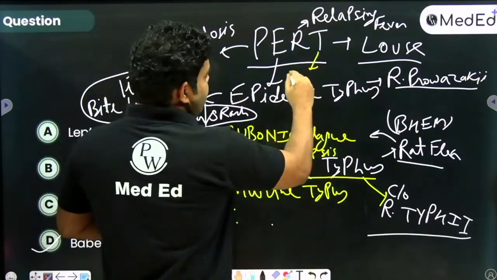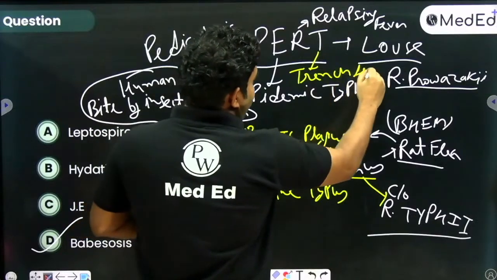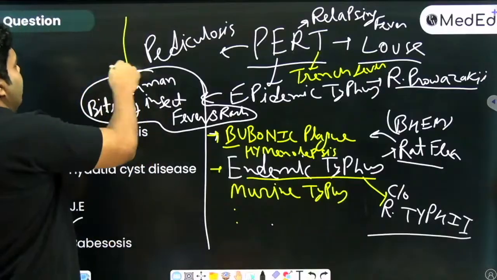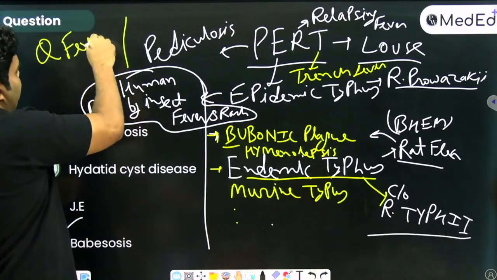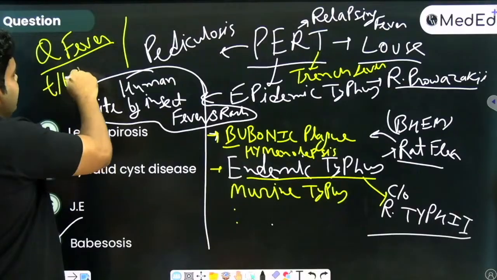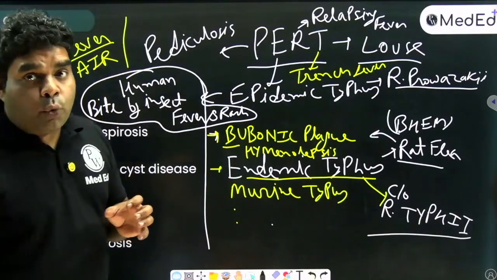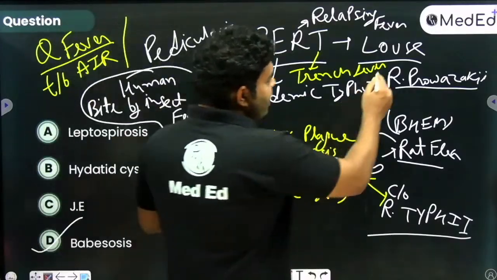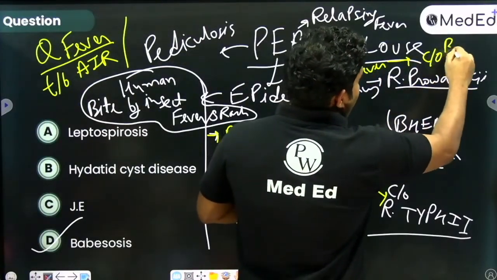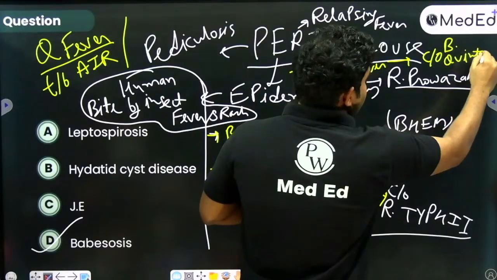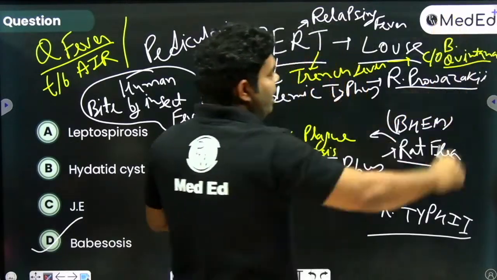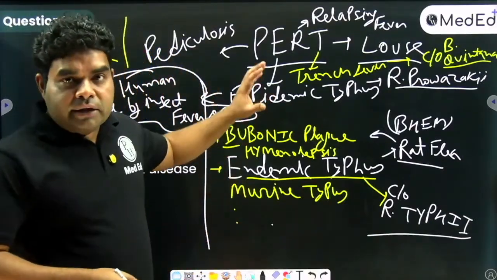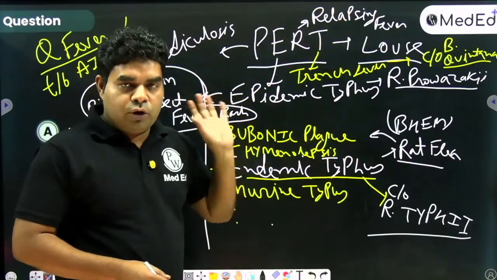ट्रेंच फीवर से कई बार वो सवाल पूछते हैं कि क्विंटाना फीवर कौन फैलाता है। तो एक बड़ा ही कॉमन क्वेश्चन है क्यू फीवर के बारे में, जो हमारे टाइम में बहुत ज्यादा आया करता था। क्यू फीवर को मेनली एयर फैलाती है, लेकिन क्विंटाना फीवर ट्रेंच फीवर का दूसरा नाम है। क्यों? क्योंकि ट्रेंच फीवर का कॉजेटिव ऑर्गेनिज्म है बार्टोनेला क्विंटाना, इसलिए ट्रेंच फीवर को हम लोग कहते हैं क्विंटाना फीवर या क्विंटेनियाक फीवर। तो यहां पर पहले आप याद कर लो लाउज को, फिर याद कर लो रैट फ्लिया को।